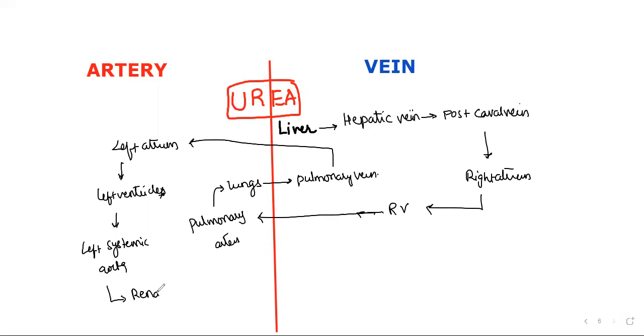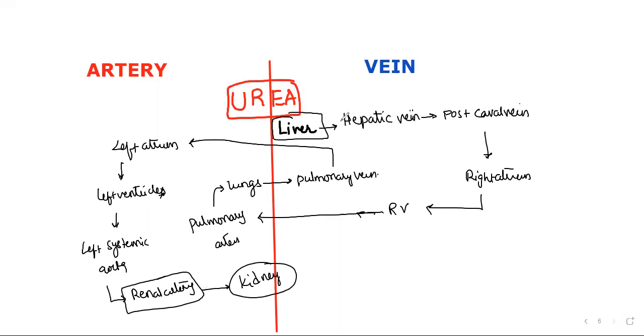Actually, this particular sequence tomorrow also we are going to do when we start excretory system. But renal artery. Okay. So now the renal artery is giving to the kidney. Means it was the journey we did in the basic class. A journey from liver who synthesize urea. Then after synthesis, all these are the questions, where you see urea in large amount. In that all are veins you see here.